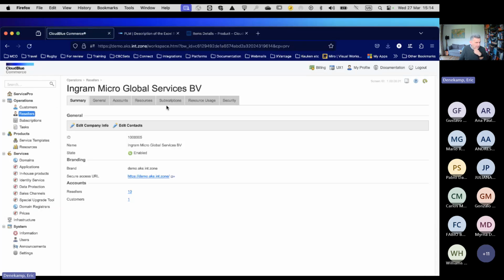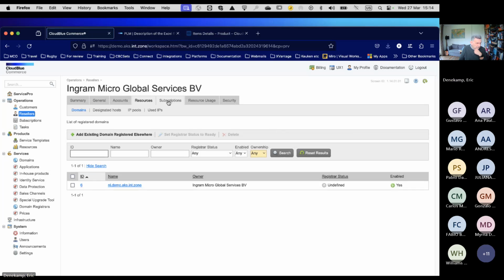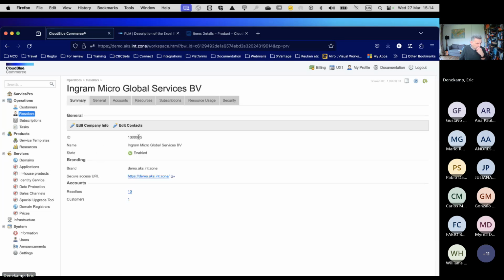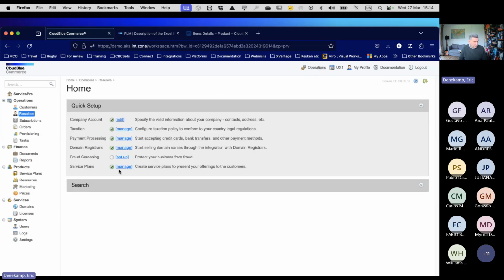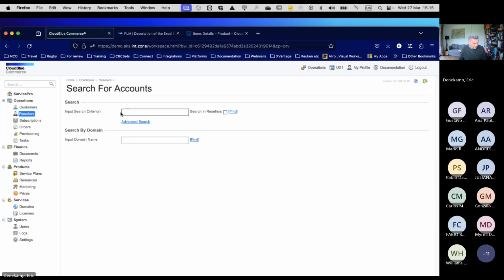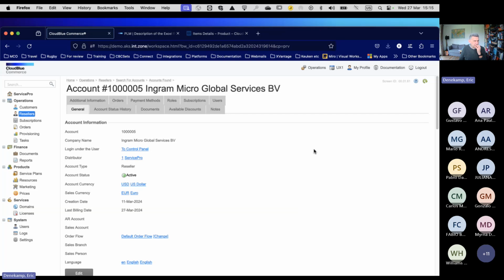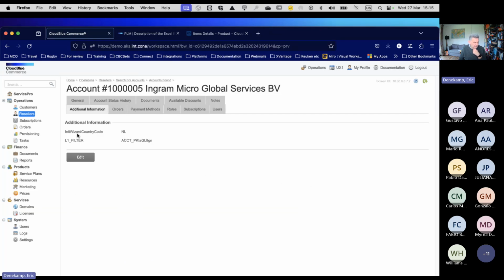This is an item, general. No, it is. Let me copy that ID. Resellers. There we have it. So this is the item, and under additional information, this is the additional info that we need to create.